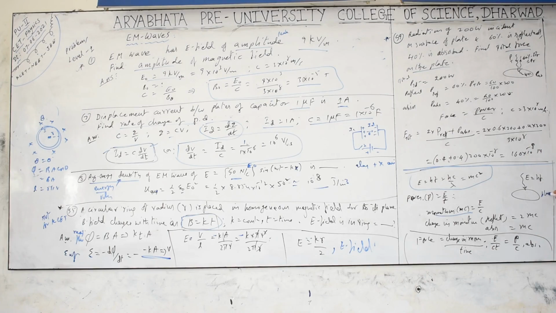A complete black body is given. When a complete black body is given, the final energy is equal to 0. This is the initial energy, and the final energy will be equal to 0. Whatever is falling is completely absorbed by the black body. When the black body completely absorbs, the final momentum is 0. 0 minus initial, you have to take it up. Light is falling but not coming out. This is the energy falling and not coming out.